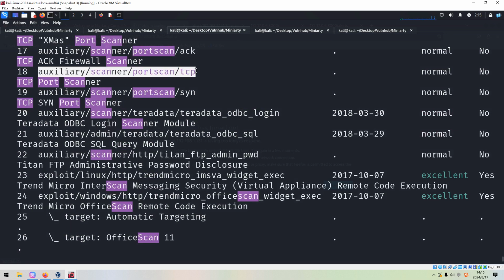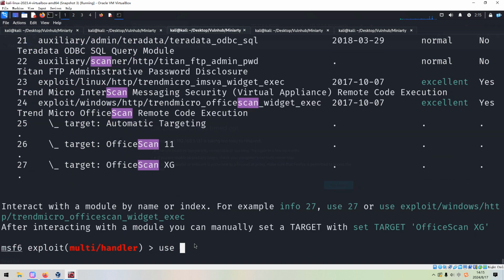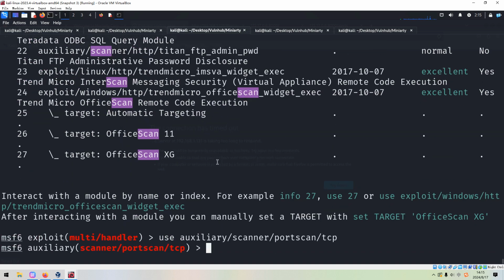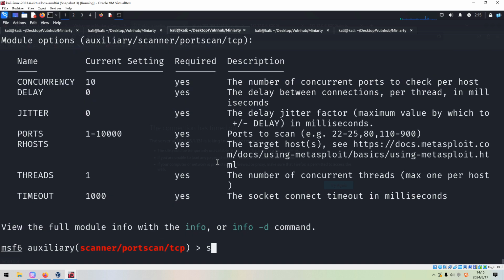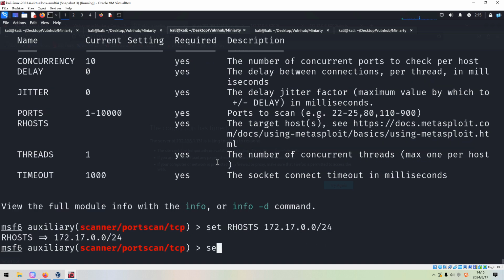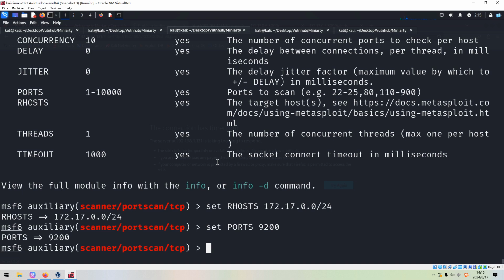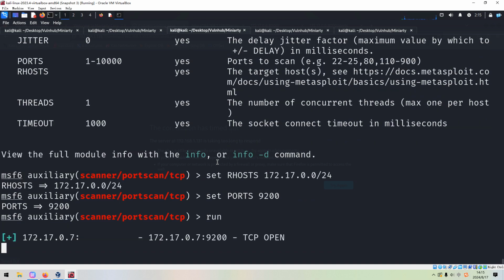We can copy, and we can show options. We can set the remote host to our internal network, and also set the port number, because Elasticsearch uses the port number 9200 by default. So now we can run it.